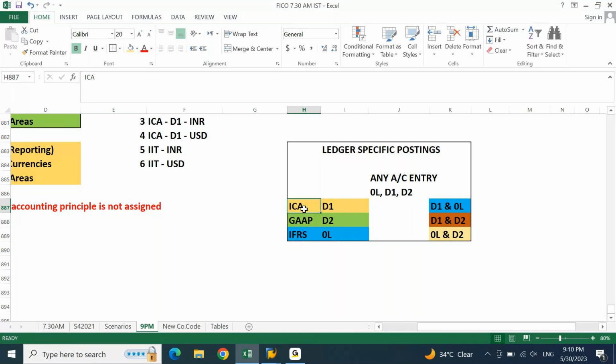I cannot say this entry is according to two accounting principles, because each accounting principle will represent an accounting book. Each accounting book is called a ledger in your SAP. Otherwise, it is purely for the reporting purpose in your asset accounting, without any ledger.